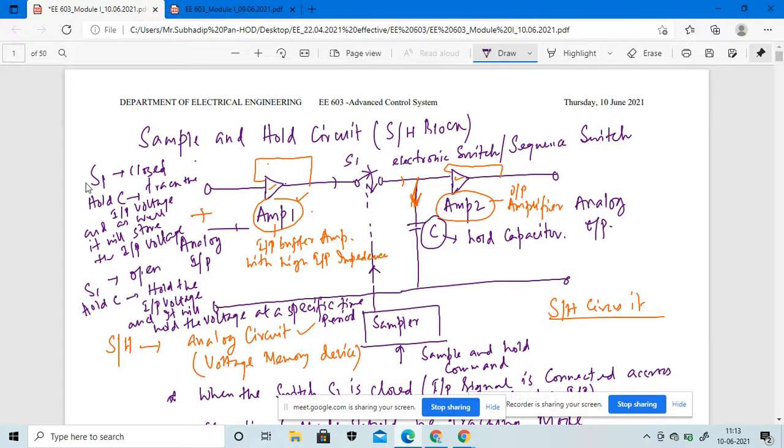So practically we say that the switching from the tracking mode to the hold mode is not instantaneous, okay? So using the sample and hold circuit, some switching operation will be taken into consideration using the particular switch which is assigned in this block. So whenever we perform the switching operation from the tracking mode to the hold mode, right?